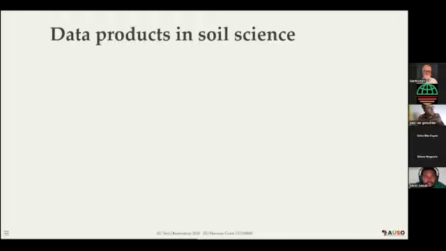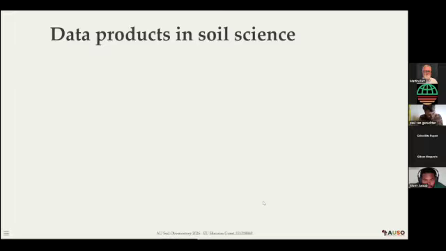In order to understand the topic of FAIR metadata for the soil domain, it's important to identify typical products that we use in the soil domain, because you will notice that for each of them we have slightly different recommendations.